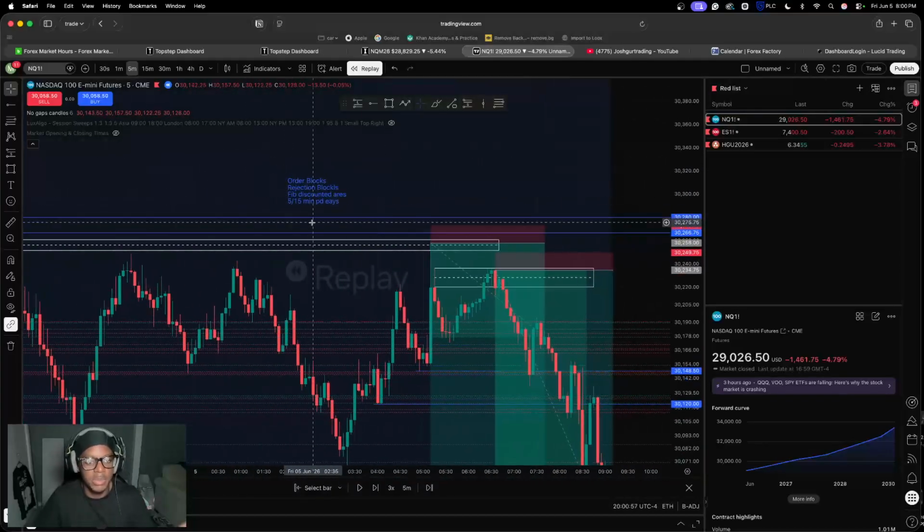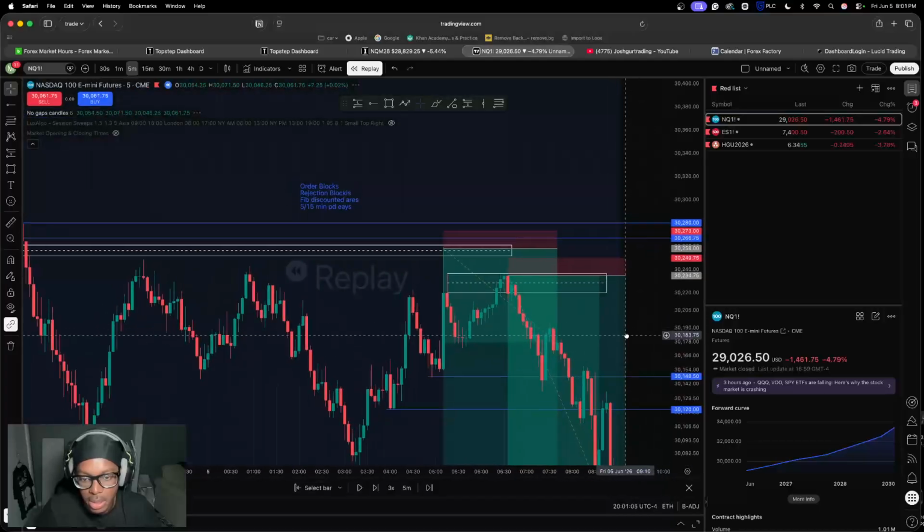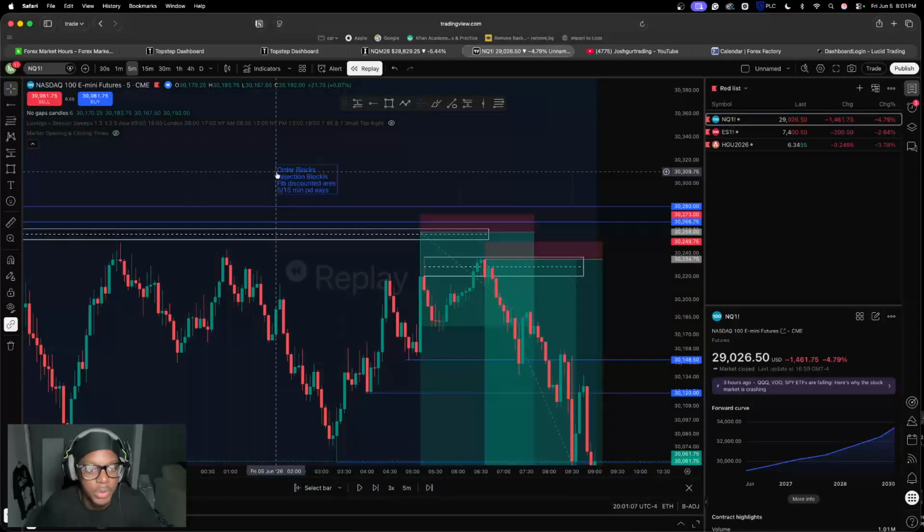All right, this is what I'm basing my stuff off of. Okay, hold on, let me get this off of there so it's not overly bad. Okay, so it goes off of order blocks, rejection blocks, fib, these kinds of areas, 5 and 15-minute